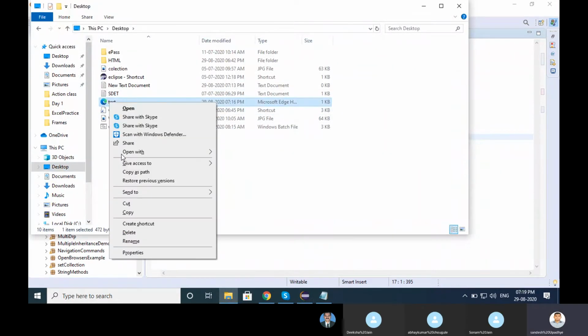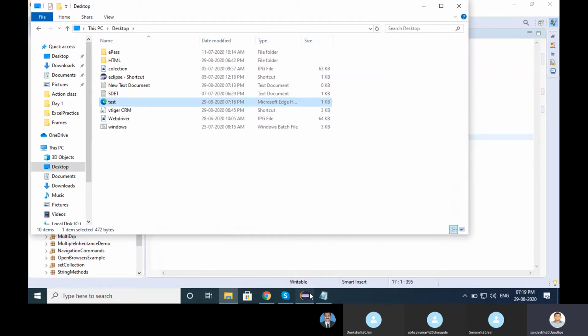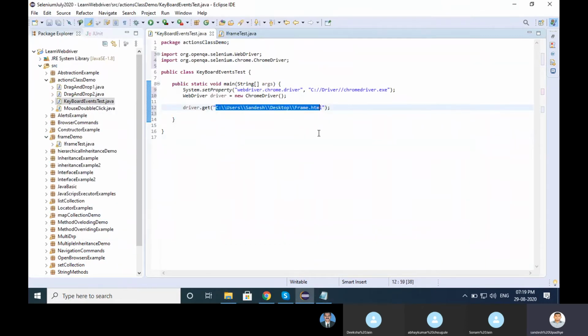Press the shift button, mouse right button, copy as path, go here and remove everything, paste it, and then double forward slash. Okay, so it will open whatever form we have created. Our form will be open here, right? It is advisable, or recommended, that when we work with the action class, we need to maximize the window. I will tell you why.